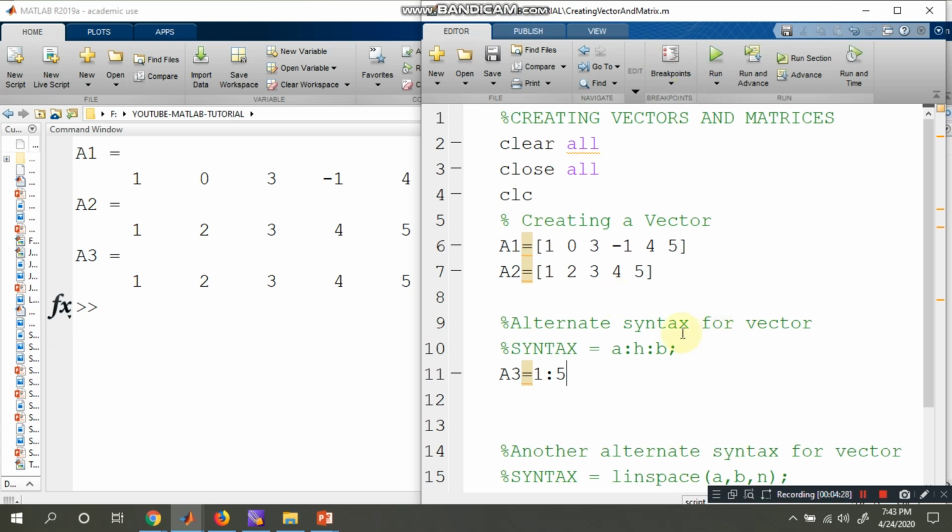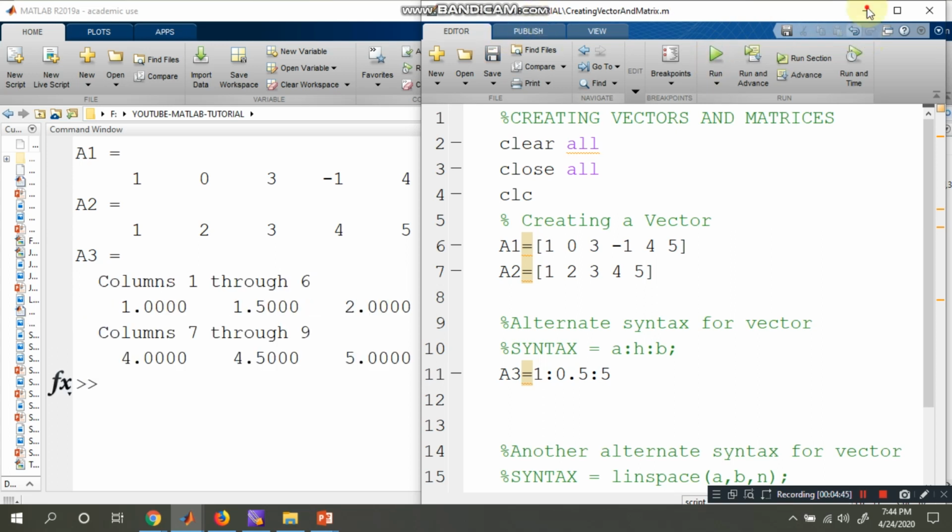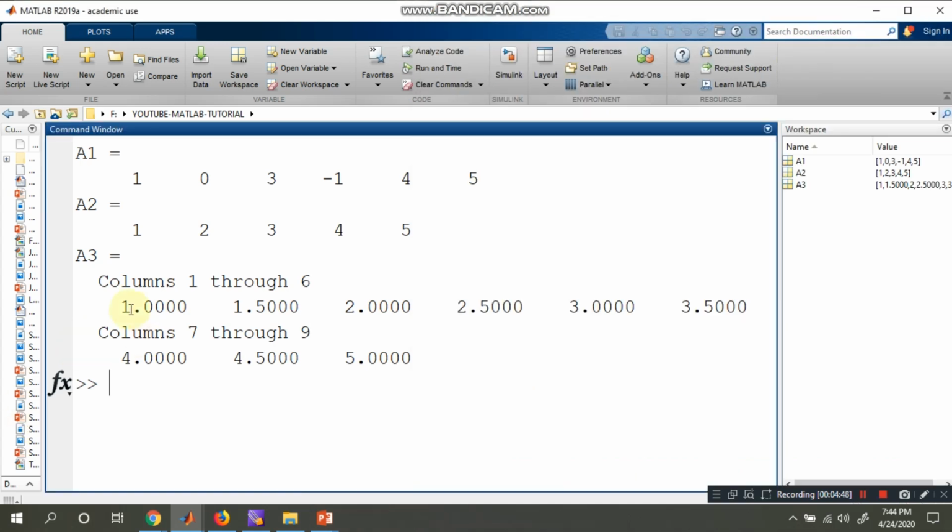I am running the same, so again we get the same. Suppose I would like to give a 0.5 increment at every stage. Now let us see. Here we get 1, 1.5, 2, 2.5, 3, 3.5, 4, 4.5, 5.